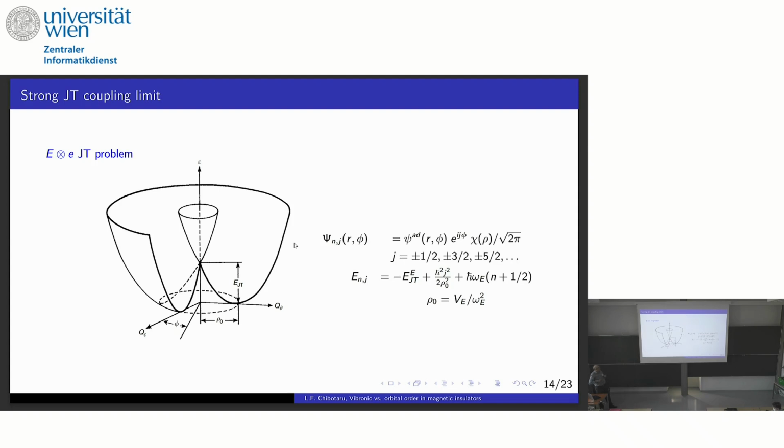And we have two motions. One is rotation along the trough, so the radius of the trough is not small. It is of the order of the vibronic coupling over ωE. It is not small. And we have the radial vibration here, just ωE. So this is how the energy looks. And these are considered the fast system. And the slow system is rotation along the trough, because the radius of the trough is in principle large.